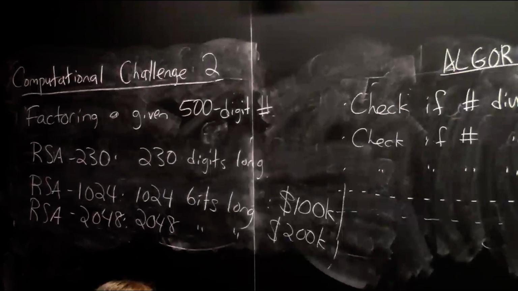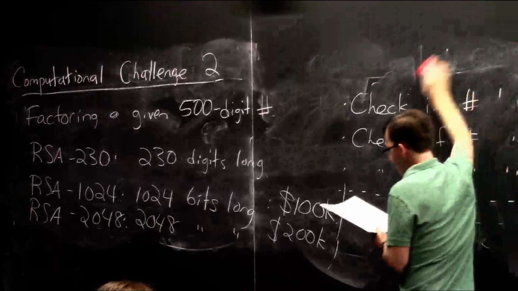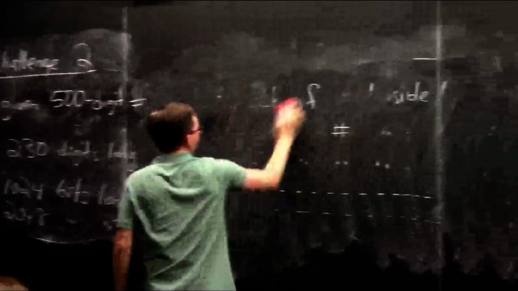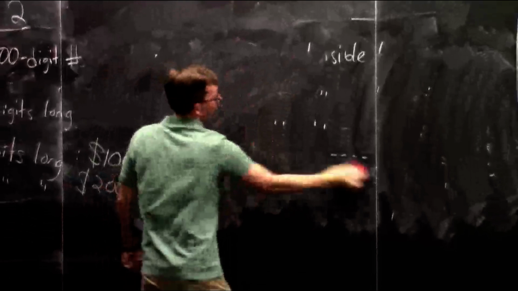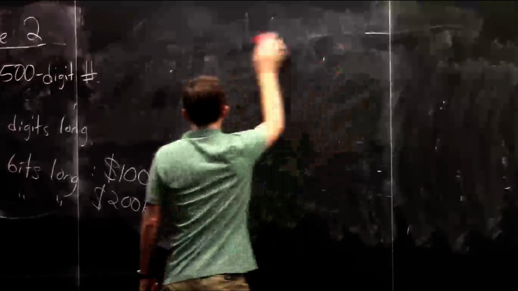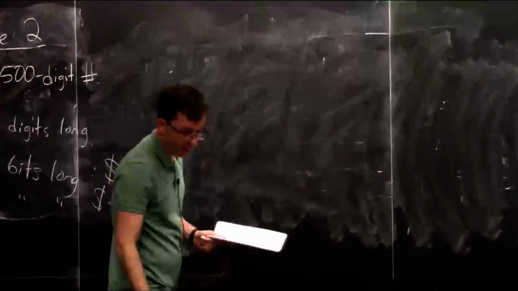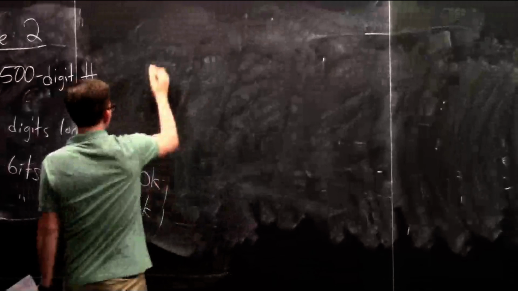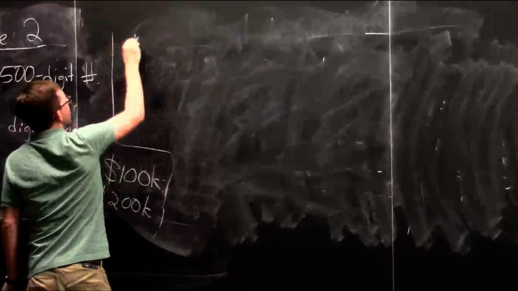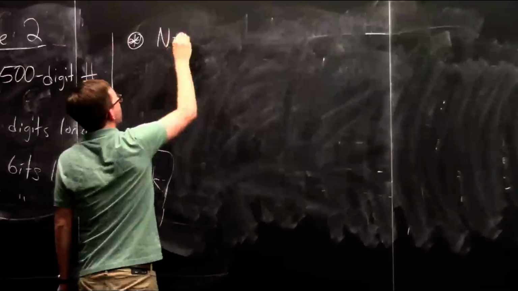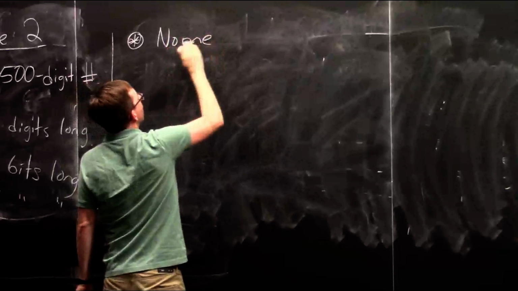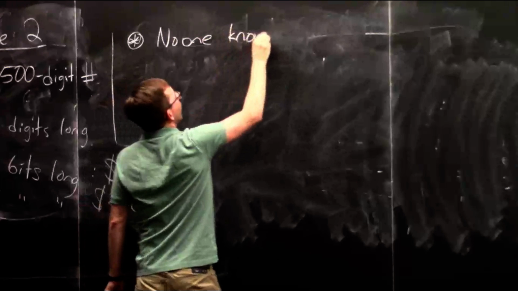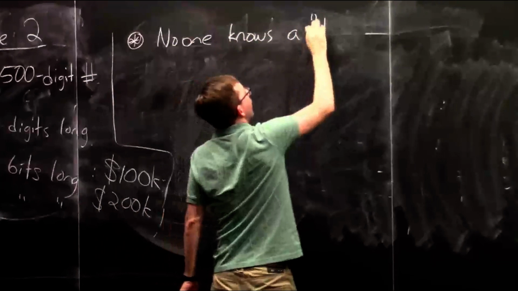Algorithms is a major area of research. So it could be, in fact, that there is a better algorithm for factoring, even a much better algorithm for factoring. Let me just summarize the situation with what we know with this statement, which is just that nobody knows a P algorithm for factoring.